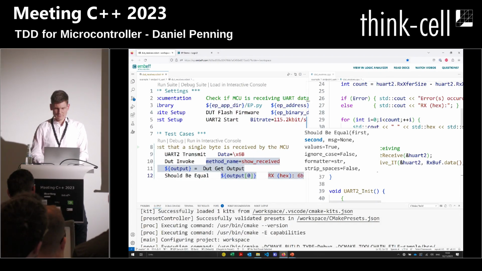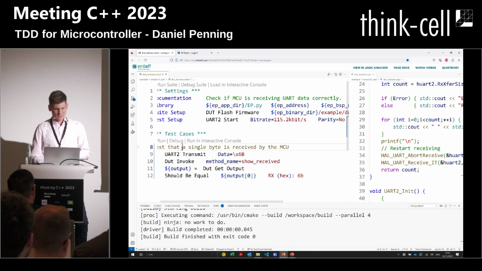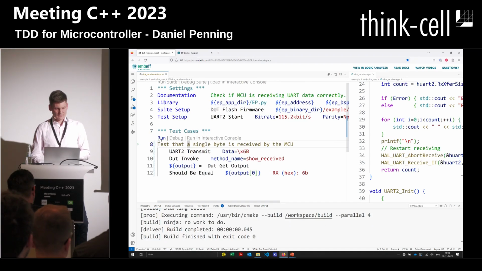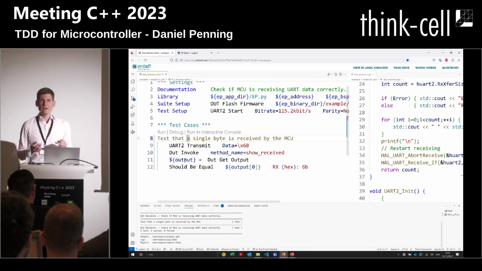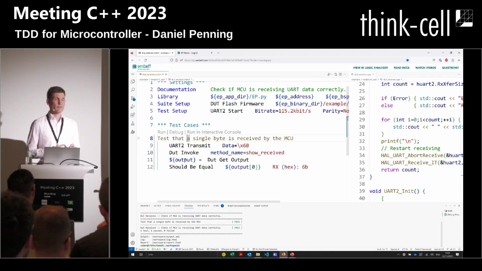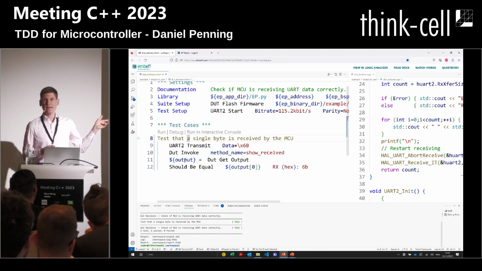Okay. I click on compile here, and then I run the test. So now this firmware is flashed on physical hardware, and on a physical pin, the data is transmitted, and it passes.